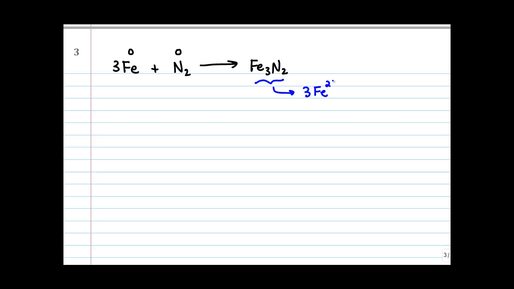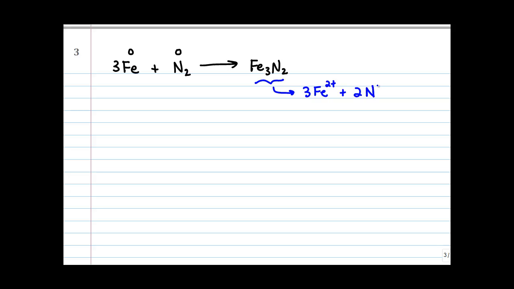So this is going to be 3Fe2+. How did I know it was 2+? Because it's Fe3N2. I know I have iron 2, because Fe3N2 had to have a charge balance to write the ionic compound. And what we're doing is going to demonstrate that. So we got 3 Fe2+ and 2